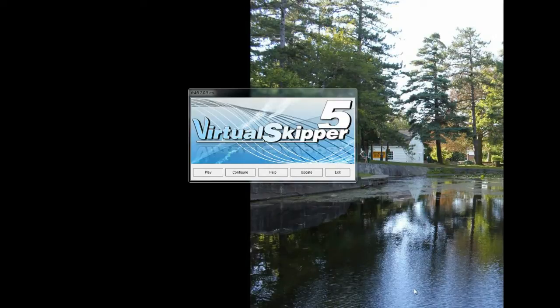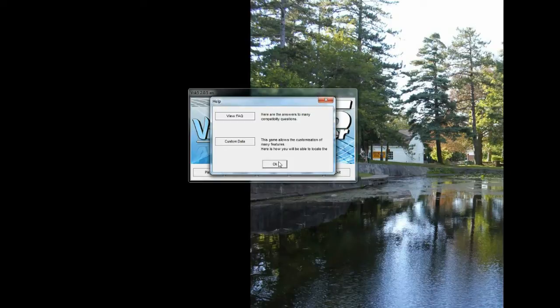I'm going to use this time to show you a few things in gameplay of Virtual Skipper 5. The first thing to do is look at the launch window where you're about to hit play. Before you do that, look at the word help here and click on that. You'll see there's a